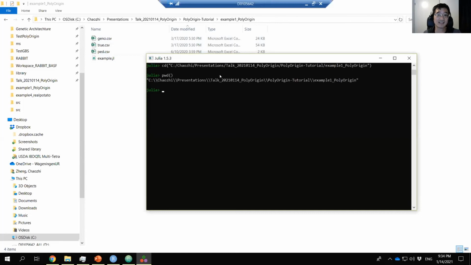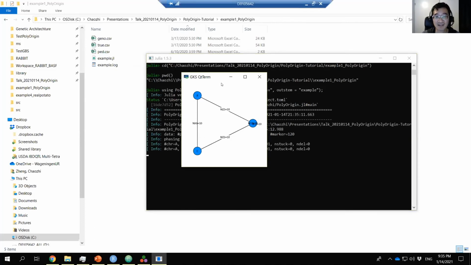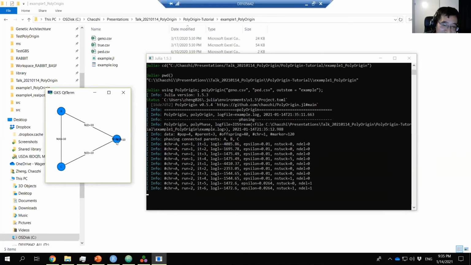Then we can run the command. Here we're using PolyOrigin. Run this one to set the 2 input files. Then of course you can set some options. Here is a plot for the cross design. We have 40 parents for the F1 population, 1 Sapien population. The plot for Sapien is not nice, but there are in total